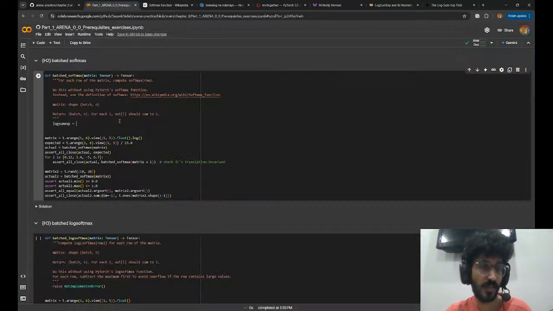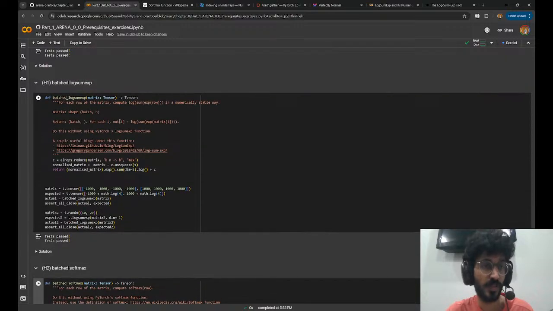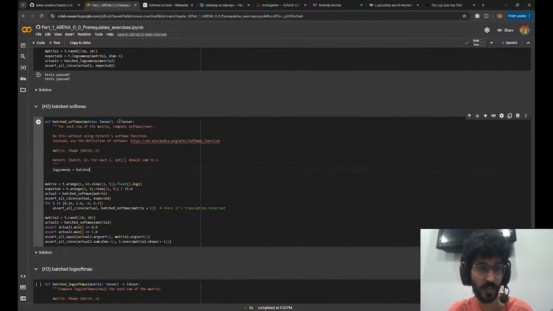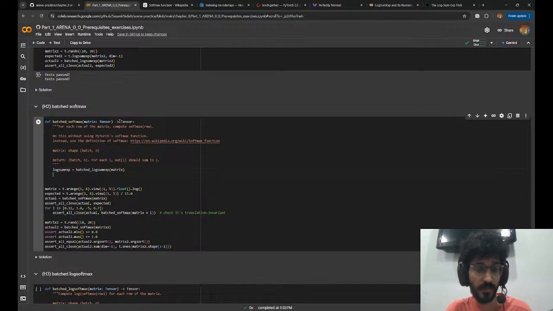Makes sense. So let's do patched logsumexp. Then let's do matrix divided by